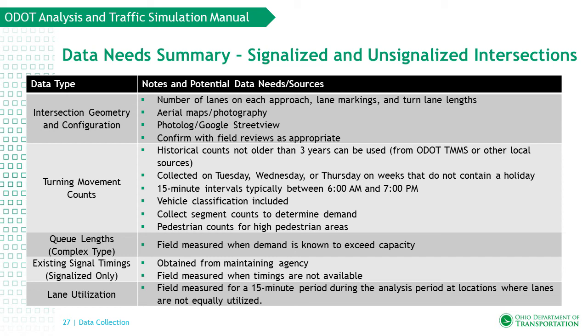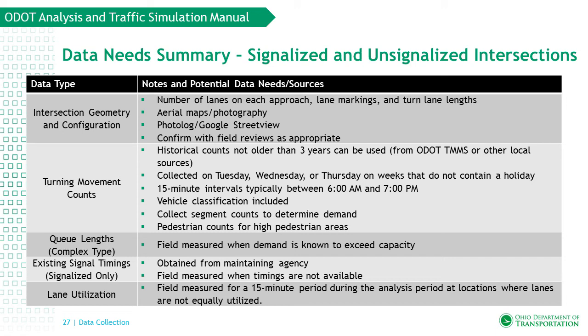For areas with high pedestrian activity, pedestrian counts should be collected. Queue links should be collected on complex type projects when demand is known to exceed capacity. When performing existing conditions analysis at signalized intersections, existing signal timings should be obtained from the maintaining agency or field measured if timings are not available. Lane utilization should be field measured for a 15-minute period during the analysis period at locations where lanes are not